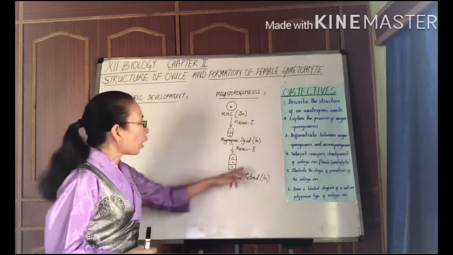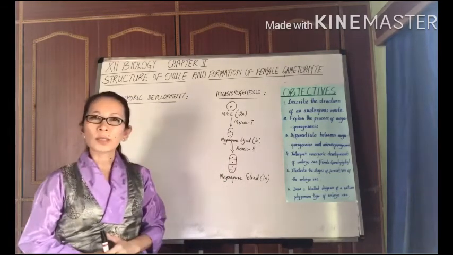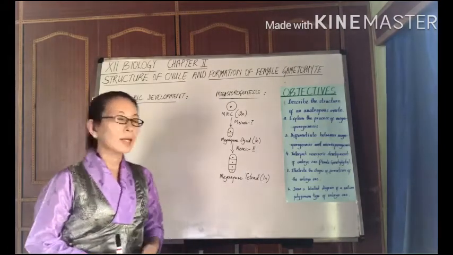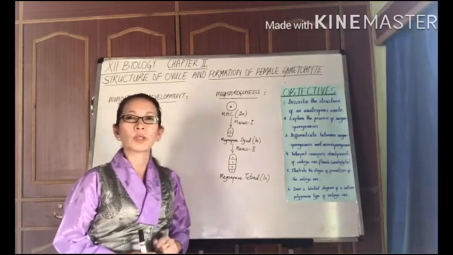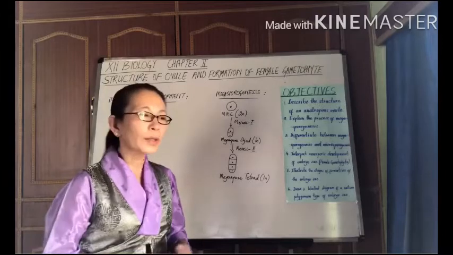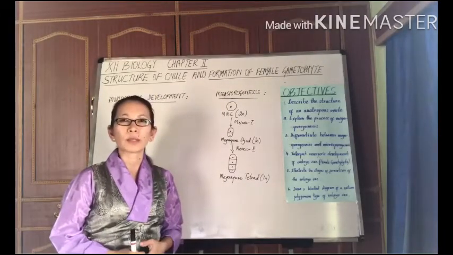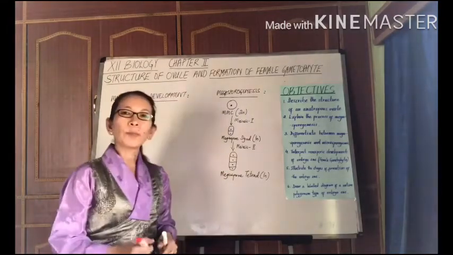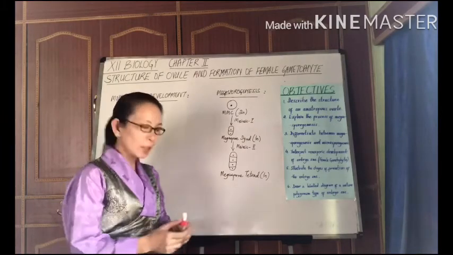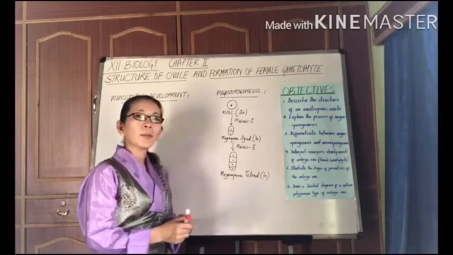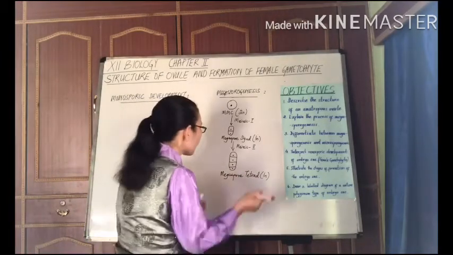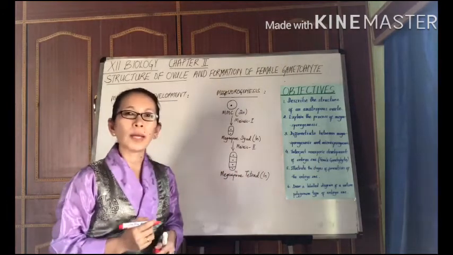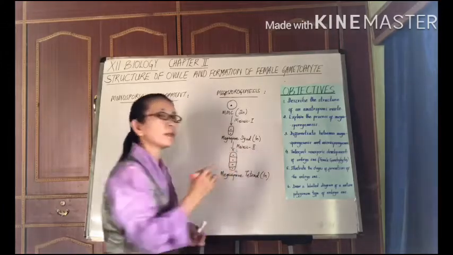And not only that, out of the four megaspore daughter cells, three of the megaspore cells are degenerative, whereas only one survives and remains functional. And this one functional megaspore would then give rise to a female gametophyte. So as I said, out of the four megaspores, three are going to be degenerative. And the ones which are going to be degenerative can be understood by marking the ends. So I'm going to mark the ends here. Let me say this end is the micropylar end and this end is the chalazal end.